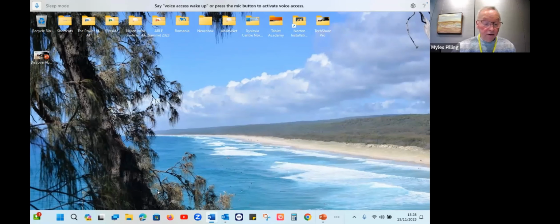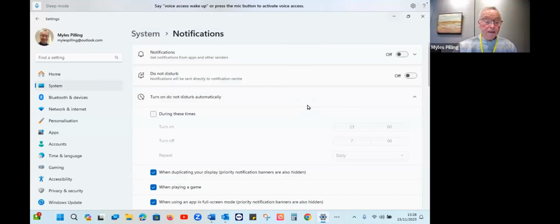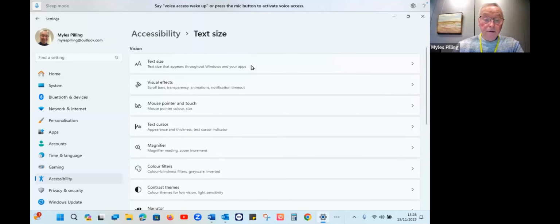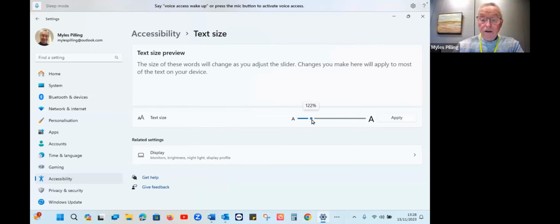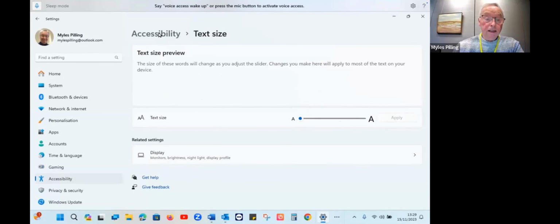And then this is Windows 11, and Windows 11 has two features that are really important. If I go into settings, they have thankfully changed what was Ease of Access in Windows 10 to the more common word, Accessibility. Elderly people or seniors often suffer eye problems, cataracts and macular degeneration, and they can't always see the text. So we can increase the size of text, which you can see here in the window, and that can be applied across the whole of the operating system.